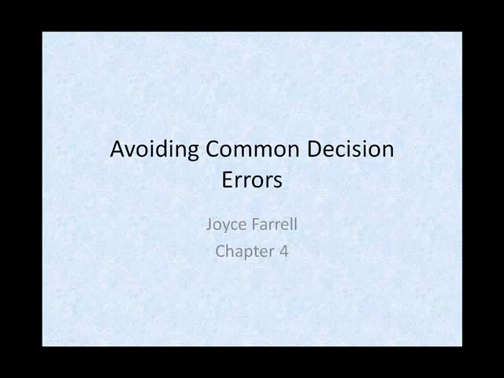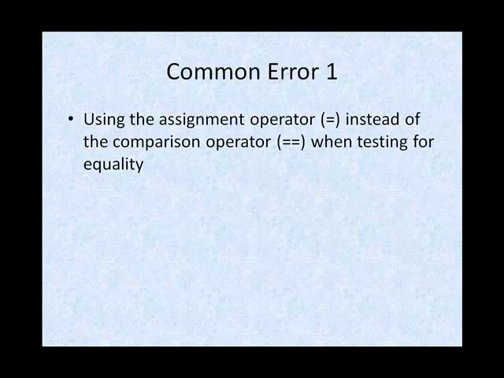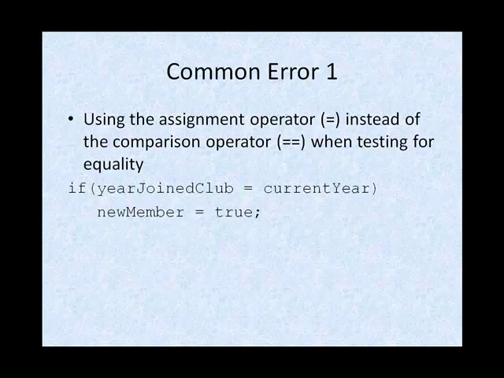I want to show you how to avoid some common decision errors. The first error we'll talk about is using the assignment operator, which is the single equal sign, instead of the comparison operator, which is the double equal sign, when you want to test two variables or constants to see if they're equal. For example, if you type "if yearJoinedClub = currentYear," the single equal sign will cause a compiler error because it will attempt to assign currentYear to yearJoinedClub,